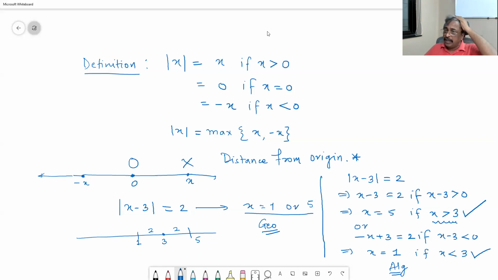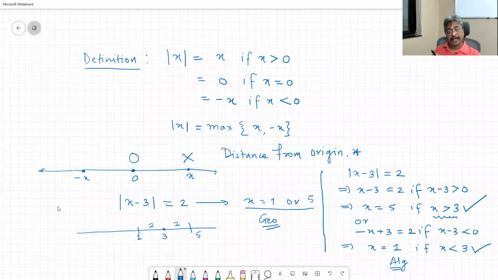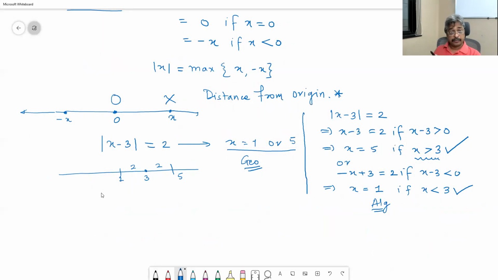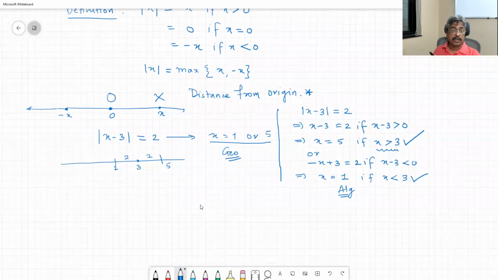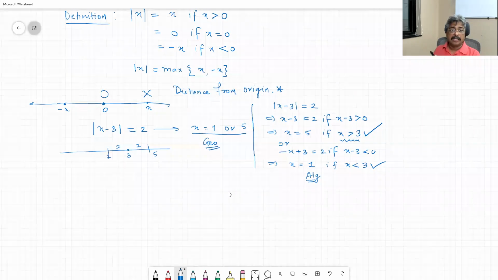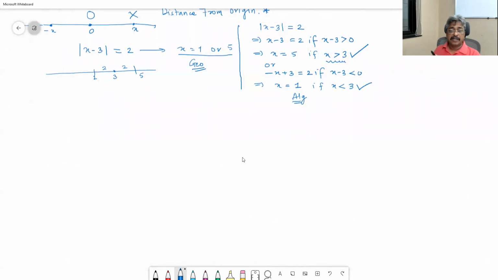And every time you deal with absolute value sign, you are supposed to deal with it either geometrically or algebraically. If the equations are long and if the algebra is difficult, then many times it is difficult to deal with them geometrically. We have to go ahead with algebra. So easy problems and maybe then difficult problems. Solve